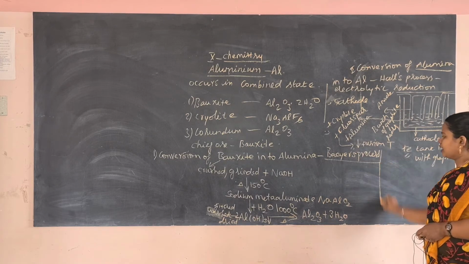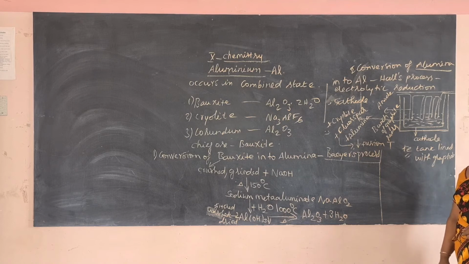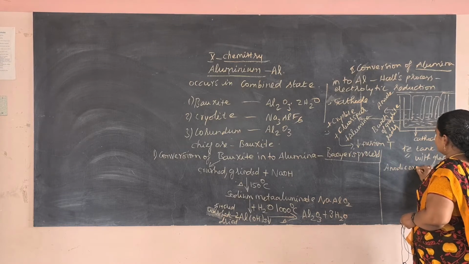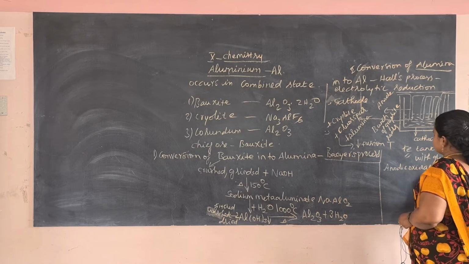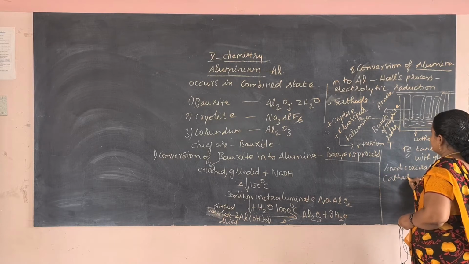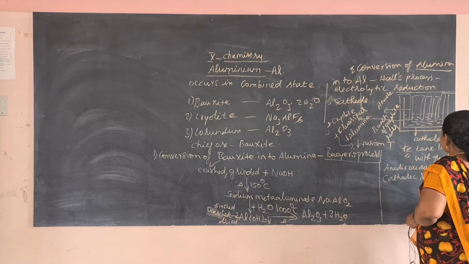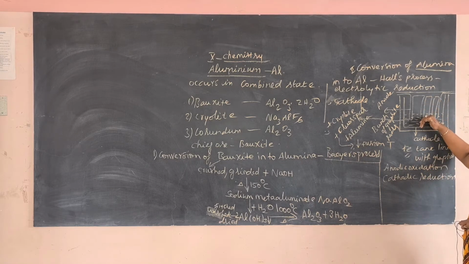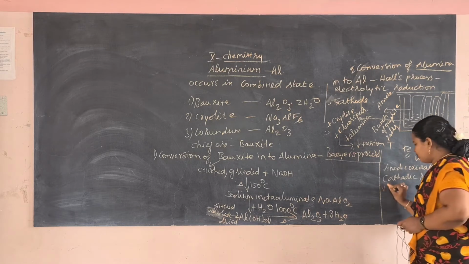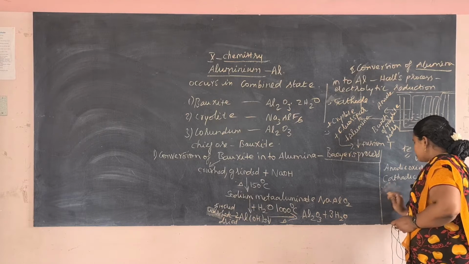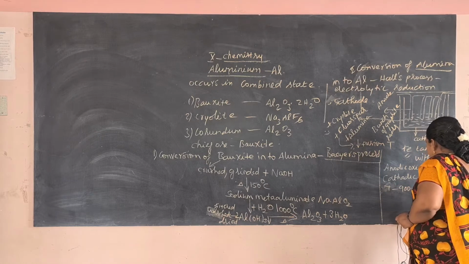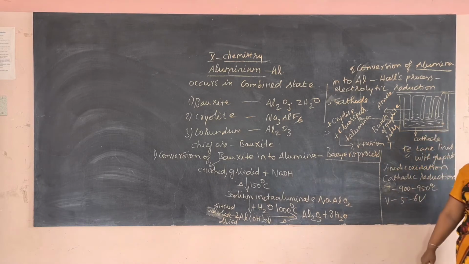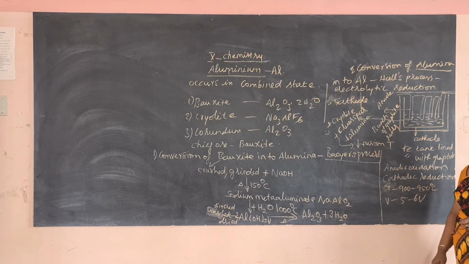And we know that in the electrolysis process, what happens? Anodic oxidation, cathodic reduction. So at the anode oxidation takes place and at the cathode it is reduction. So here you can see I have dipped the electrode in the electrolyte. When a voltage of 5 to 6 volt is passed at a temperature of 900 to 950 degrees C,